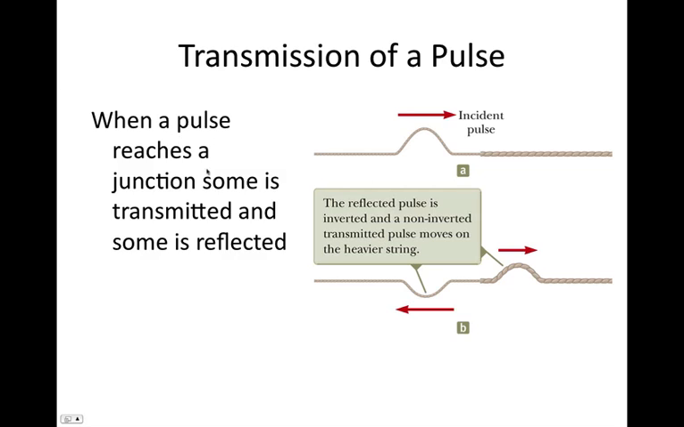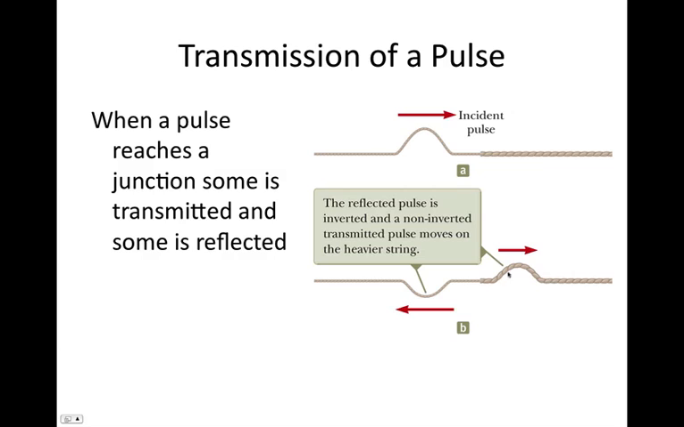Now when a pulse reaches a junction, some of it is transmitted and some of it is reflected. So in this case, when we're going from a less dense medium to a more dense medium, it's like being reflected from a fixed end. So the reflected wave undergoes a phase transition of pi radians, and the incident pulse keeps on travelling through the